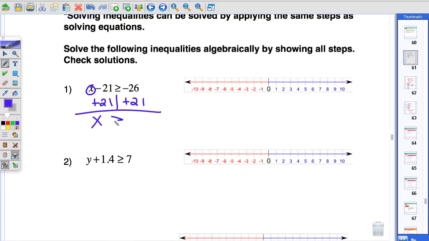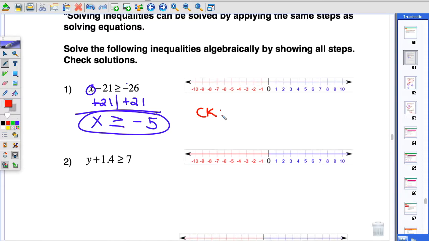So it's x, bring down your sign, greater than or equal, and now on the right hand side we have negative 26 plus 21. Since we have different signs, we take the sign of the larger number, which is 26, so our answer is negative, and 26 minus 21 is 5. So our solution is x greater than or equal to negative 5. That means any number equal to negative 5 or greater than negative 5 is a solution to make the inequality true. So to check it,